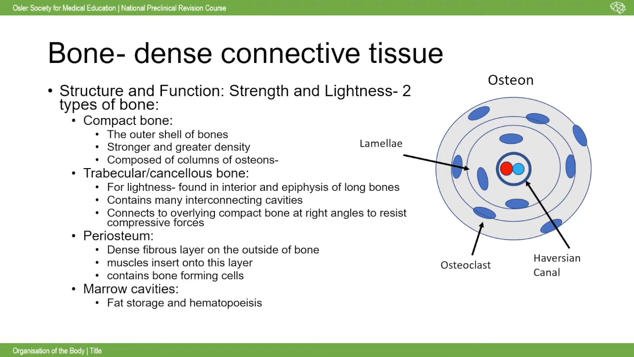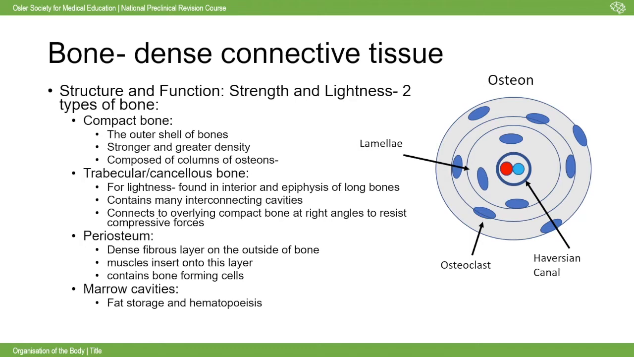So we actually have a lot of trabecular or cancellous bone. Whilst our compact bone will make up the outer shell of your bones, for lightness, you'll then have trabecular bone within the centre, before you get to the bone marrow centre. So these are found in the interior and the epiphyses of long bone, and actually contain many interconnecting cavities in which you'll have